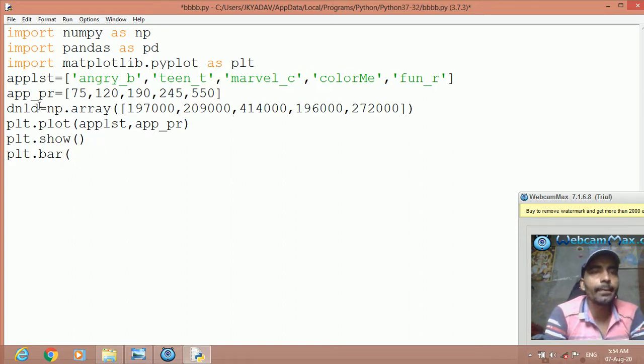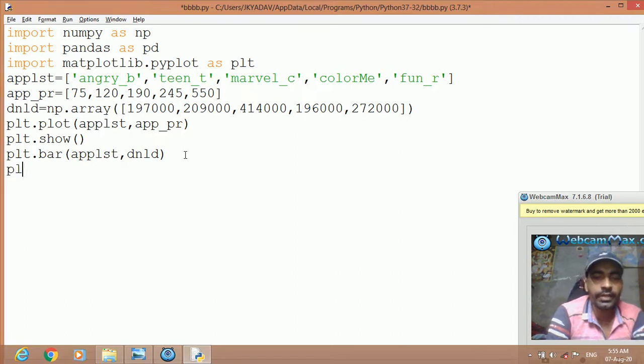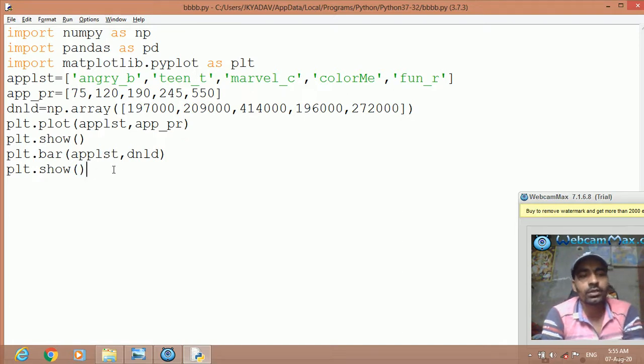For x-axis app_lst, comma, then downloads we have dnld. This one shows the downloads. Now it will create the bar chart. Write plt.show. Now first you will see the line chart and then you will see the bar chart depicting the downloads. Press F5.